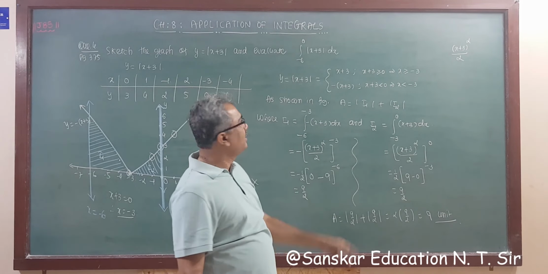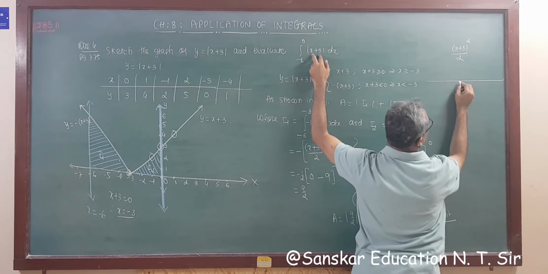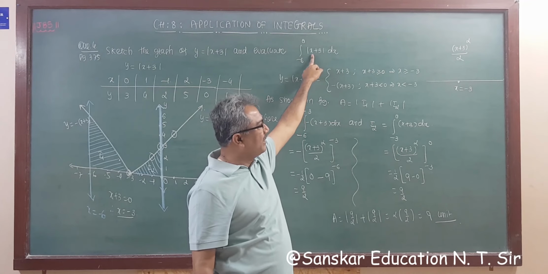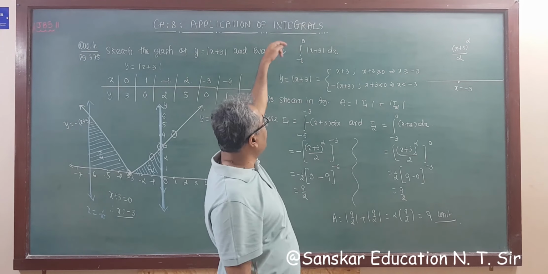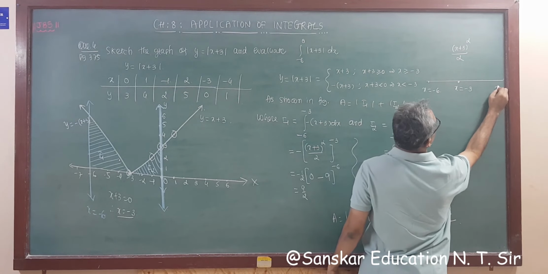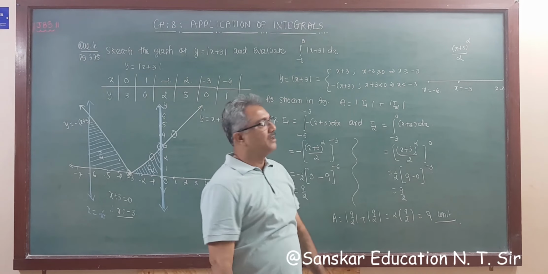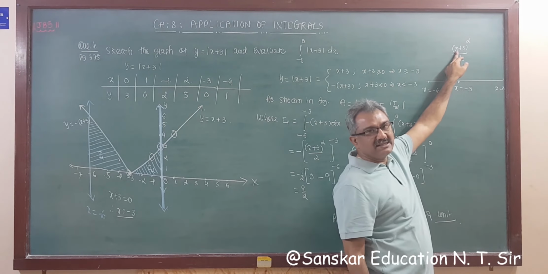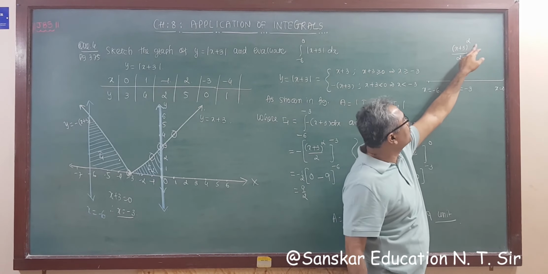Now find the critical point, that is x plus 3 equal to 0, so the answer is minus 3. So this is my minus 3. So find the critical point, x is equal to minus 3, right? Then write down your limits, minus 6 to 0. So this is x equal to minus 6 and this is x equal to 0. Got it? This is only for MCQ. Okay. Now substitute all these values here. If we substitute x equal to minus 3, then the answer is 9 by 2.